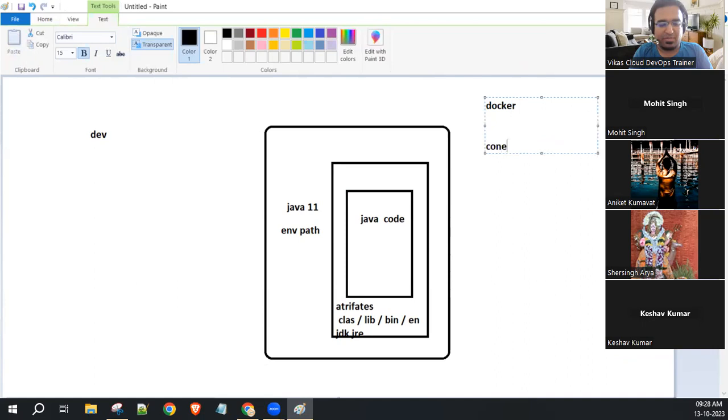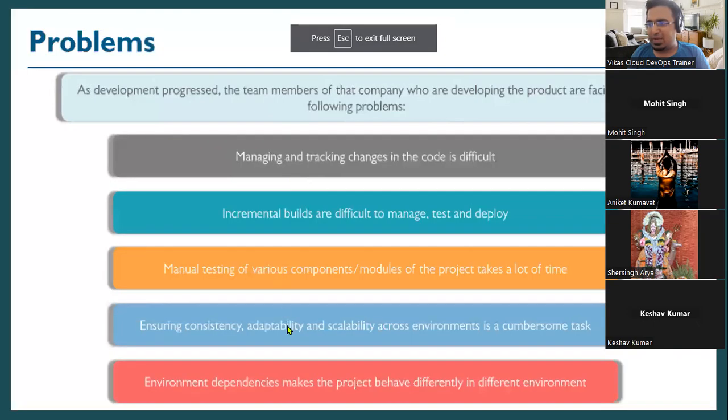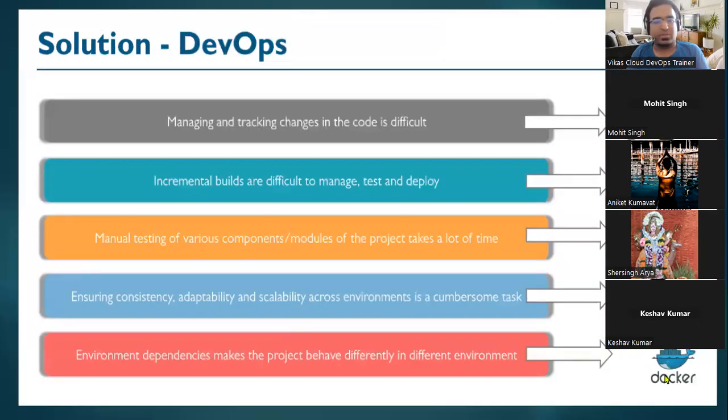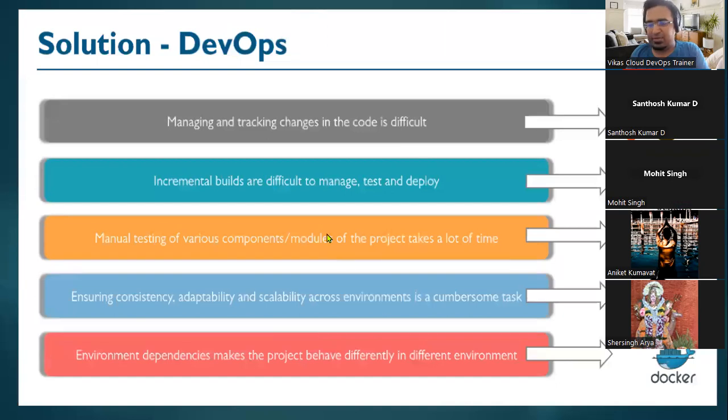Docker is a container development tool. We will learn Docker also, so that all these problems get solved. These are all DevOps tools. Any doubts? Some problems, some solutions with the help of tools. Clear? We took one or two examples from the dev environment, one from the QA environment, and one from the support or production environment. All three environments' problems we took care of, and we solve them with the help of tools. That is the work of DevOps.